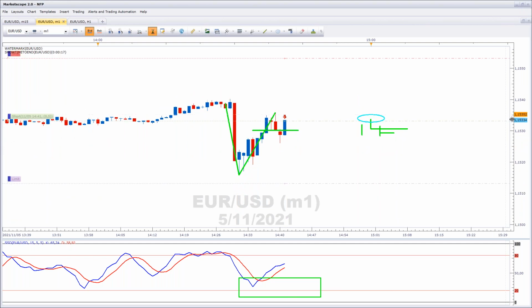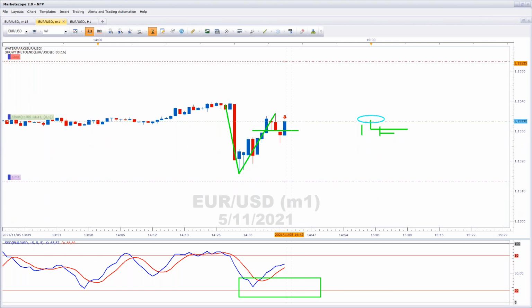Okay, there's the 20 pip stop. There's the 20 pip take profit.